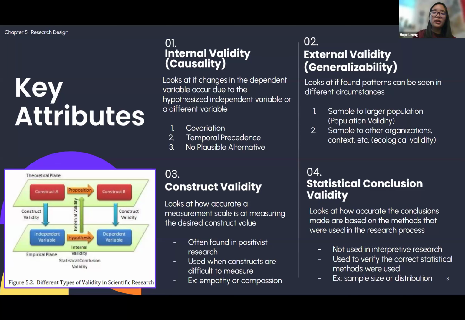It might vary. Construct validity is how accurate your tool of measurement, like a survey or an interview, is at measuring what you want to measure. For example, if you're trying to measure empathy, it's going to be pretty difficult. It's a little bit less accurate in general. It's a more difficult thing to measure than trying to get data on how many people are in someone's family,